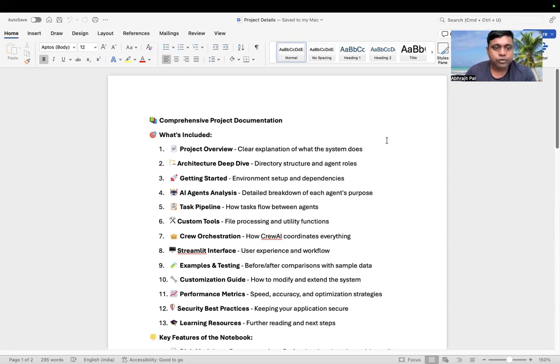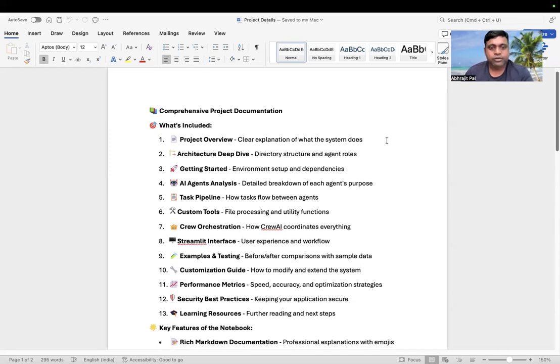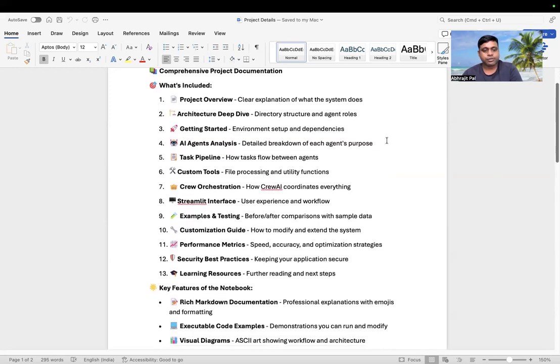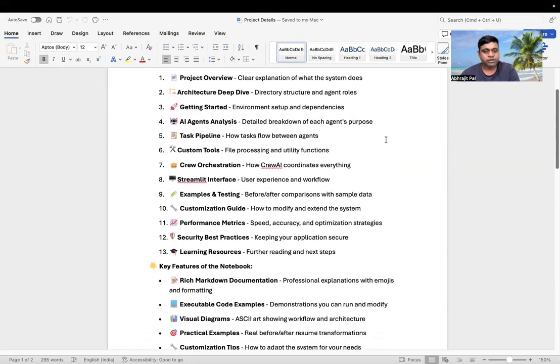Okay, so what is included? It's project overview. Okay, architecture deep dive. Okay, then we'll start with the environment setup and dependency, AI agent analysis. Okay, task pipeline, custom tools. Okay, crew orientation. Then from UI perspective, Streamlit interface, example of testing, customization guide, how we can modify and extend the system, performance metrics, security, best practice, learning resources,